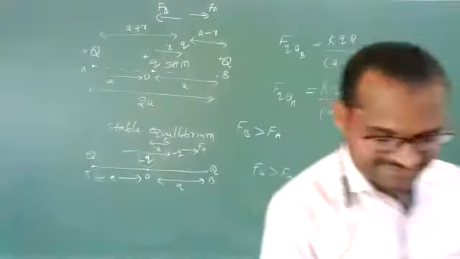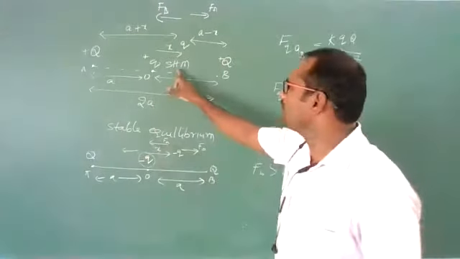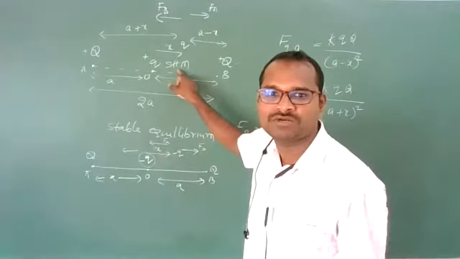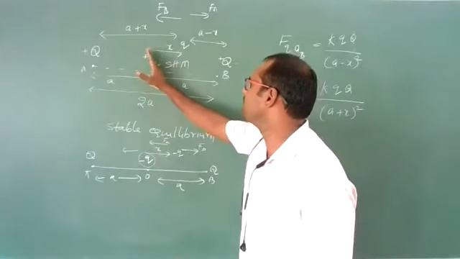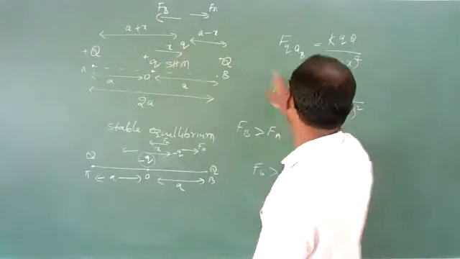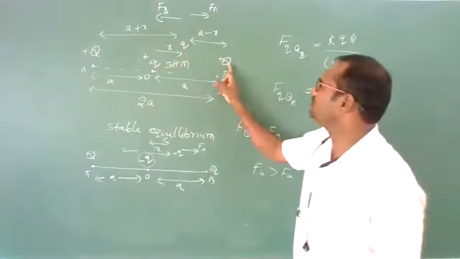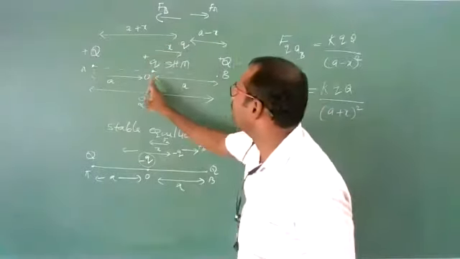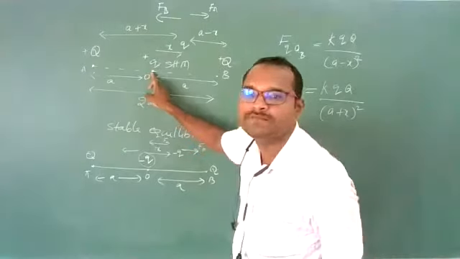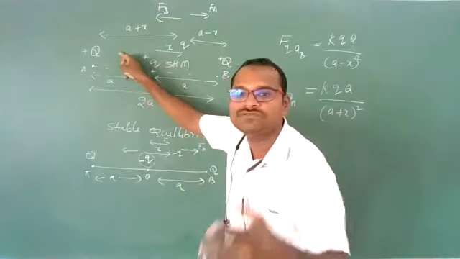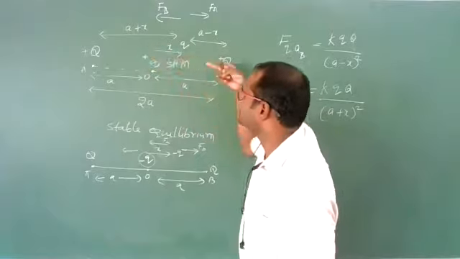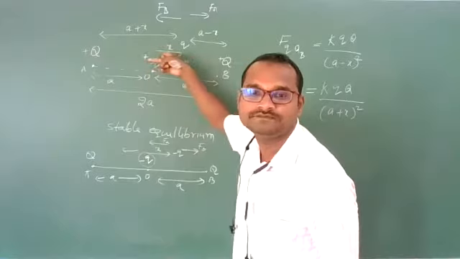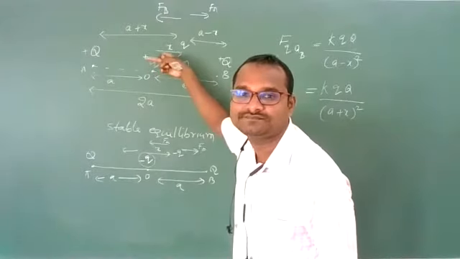Now a question will arise. Whenever one object is performing simple harmonic motion, what happened? It will displace. Due to more force acting from the charge on that side, it will go this side. And due to inertia of motion, it will overshoot the mean position point. It will go that side, and due to repulsion force, again it will come this side. Means it will do oscillations like this. It will perform simple harmonic motion along the line joining their centers.